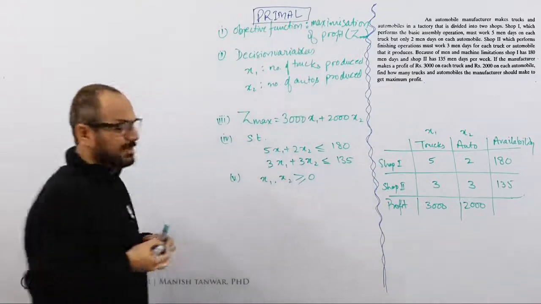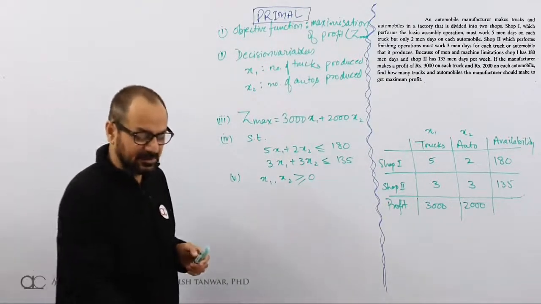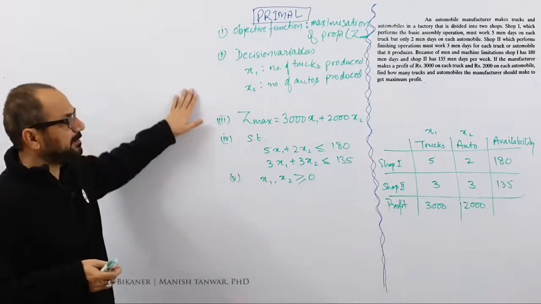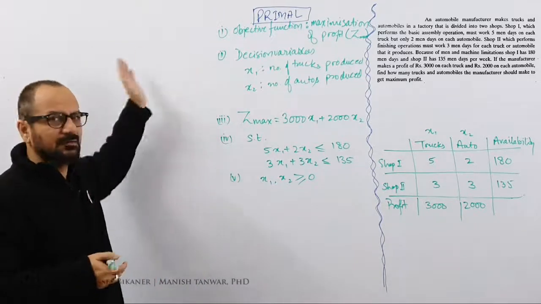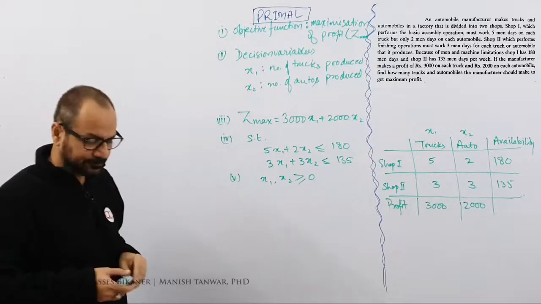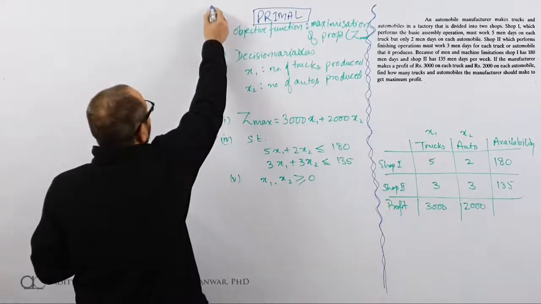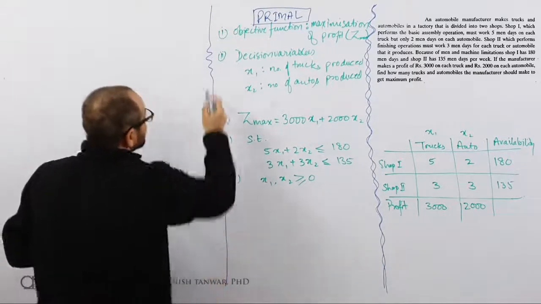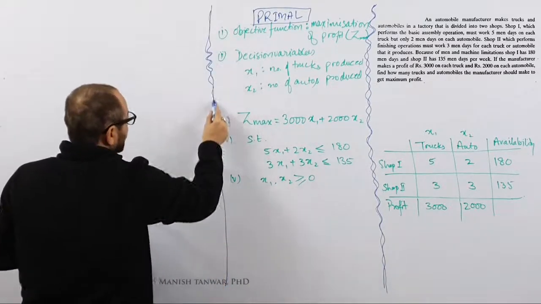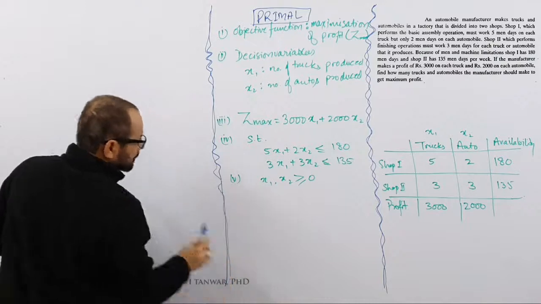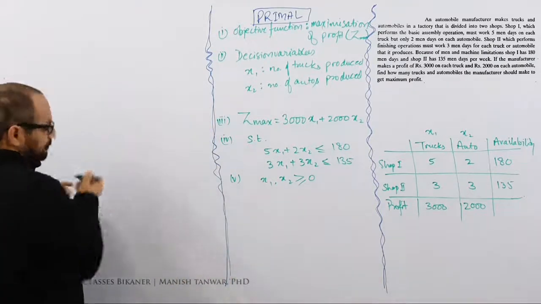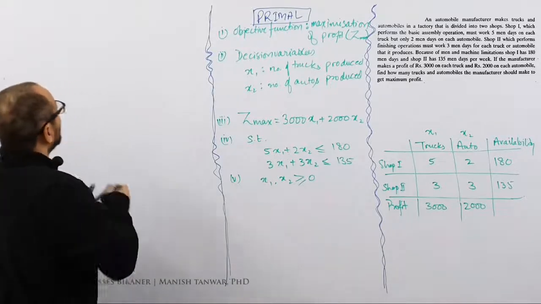Now, why are we so keen on calling this primal? Up till this point, we have never called it the primal of a problem. Today, we are calling it the primal of a problem because we will be learning what the dual of this problem is. Now, let us create a partition so that we can have our dual in that partition. Here is a partition. Now, what is the concept of dual?